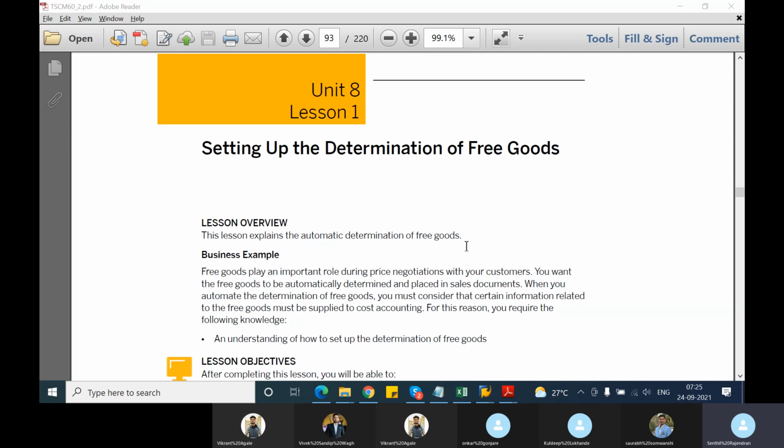For example, if you buy 1 kg of some product A, they will give 100 grams of product B as free. So if you buy toothpaste, they may give you a toothbrush free or a soap free. So that is exclusive free goods quantity. So there are two ways to look at it. I repeat, it is exclusive free goods and inclusive free goods. So here again in the free goods also